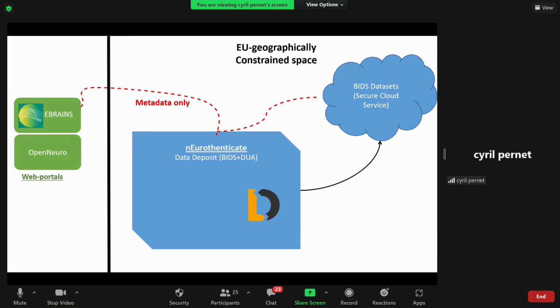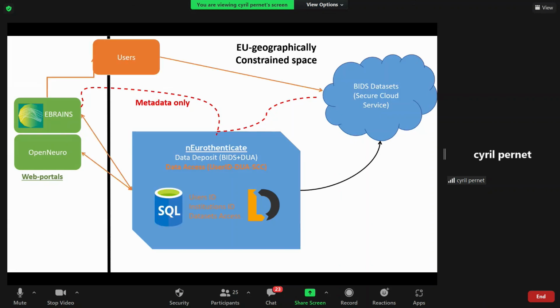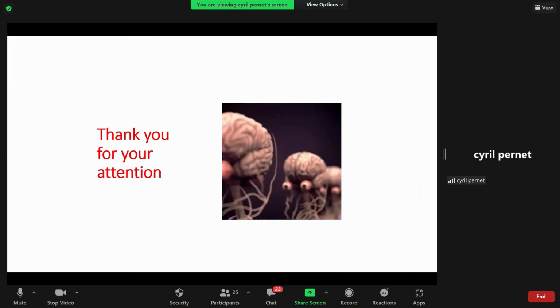But what we can do is circulate metadata worldwide, for instance on OpenNeuro, EBRAINS, and things like this. So people know that your data are there, which increases the findability. Because it's structured and available through the cloud, you can share it easily, which increases the accessibility. And then BIDS, of course, gives you the interoperability and reusability. That's it for me.